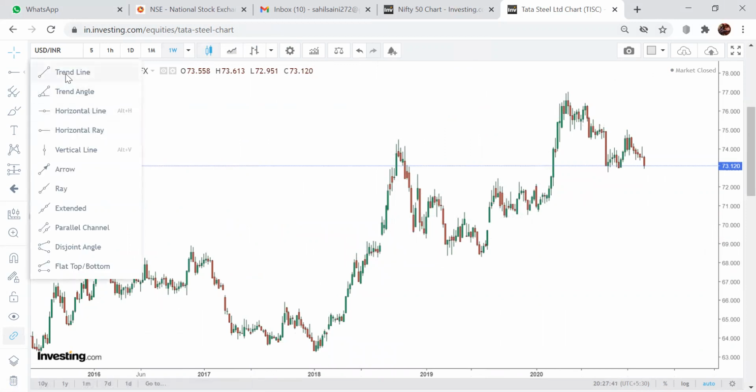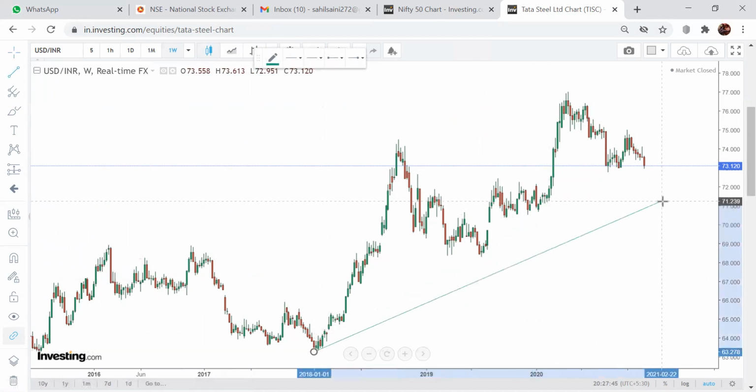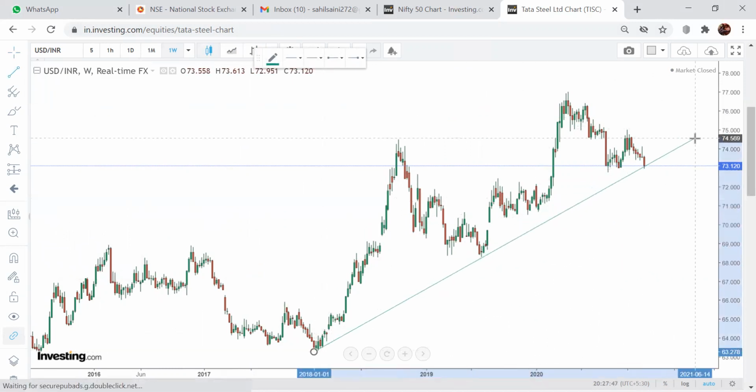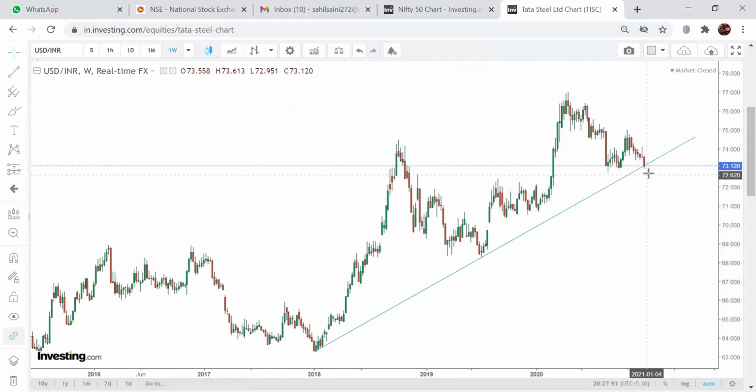What I think in this is that USD INR actually took support. So next week for USD INR is very important. If it breaks down from this level, means